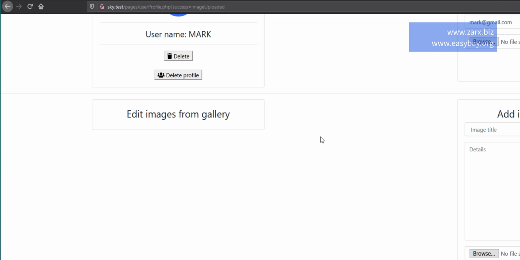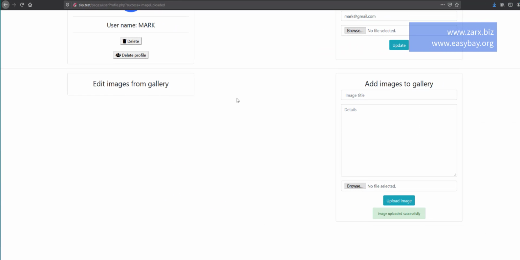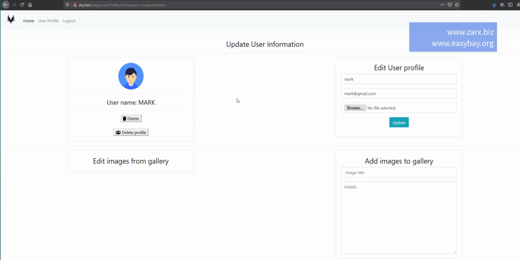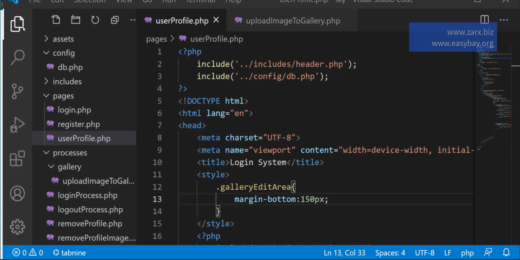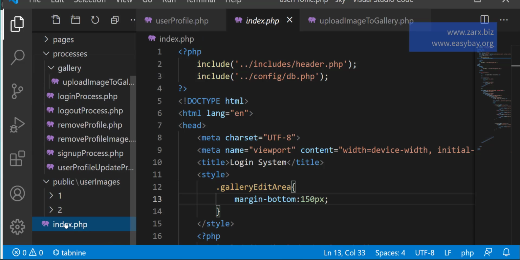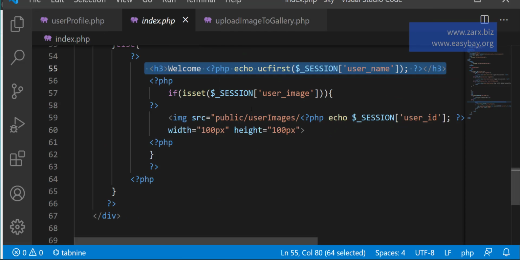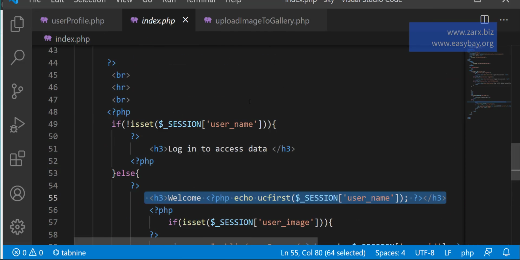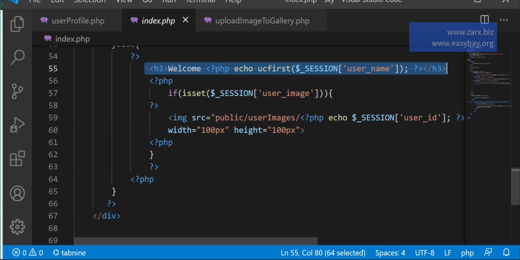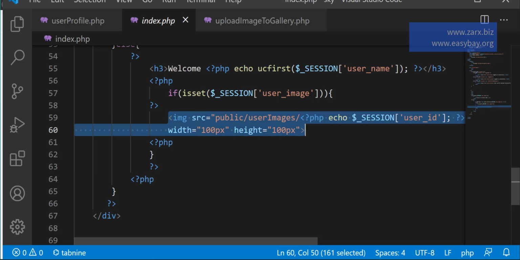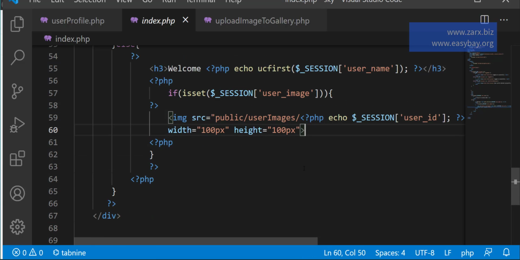So now the next thing we need to do is display these images in the gallery page. So sorry, on the home page actually. So let's do that. To display images on the home page, we need to go into the index.php, because that is the page which is responsible for it. Now currently we are showing the data based on whether the user is logged in or not, so we can display images if the user is logged in, just like that. So here we can run